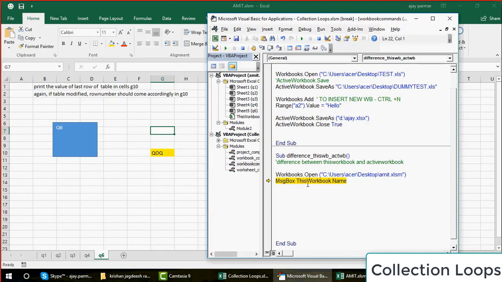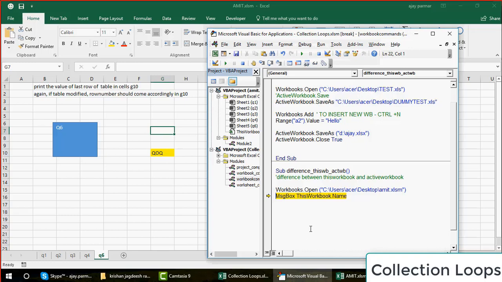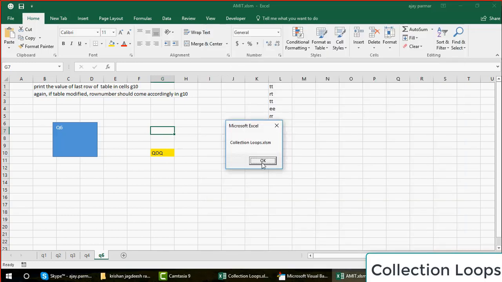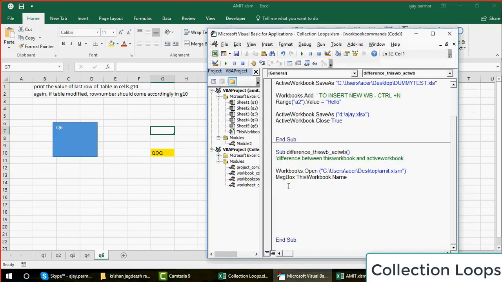Now if I run this message box, this workbook name, if you think that now you get the amit.xlsm, you are wrong. You will still get collection loops. Why? Because this workbook means the workbook from where you are running this code.